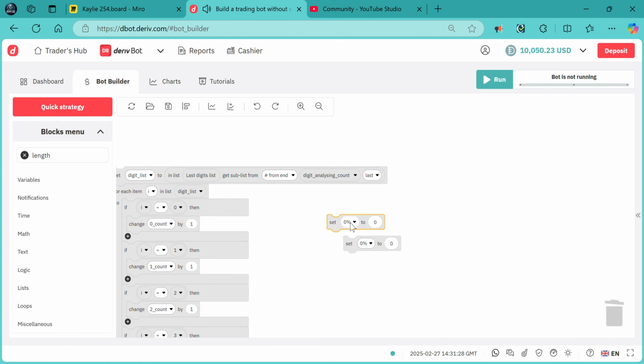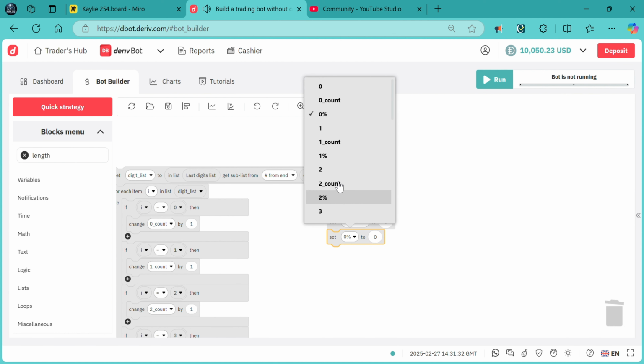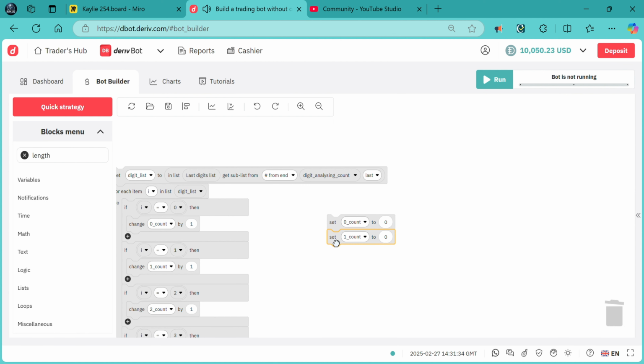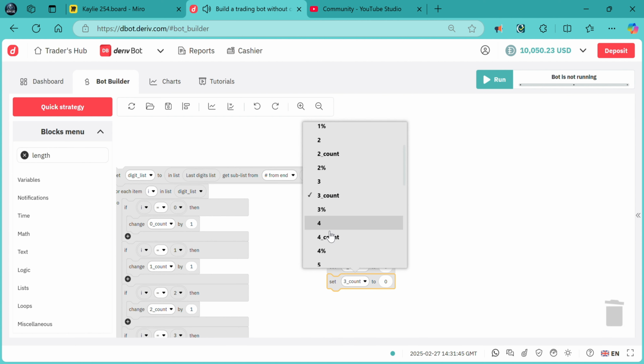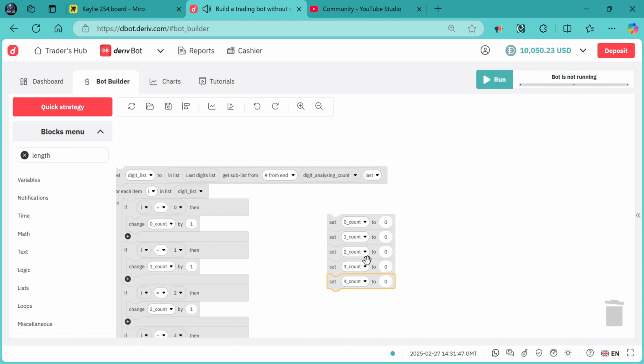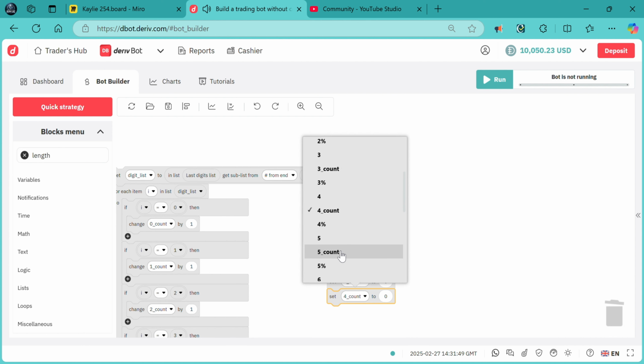That is supposed to be 0 count, 0 count, supposed to be 1 count. Then repeat this for all the 9 digits, 2 count, 3 count, 4 count, 5 count,